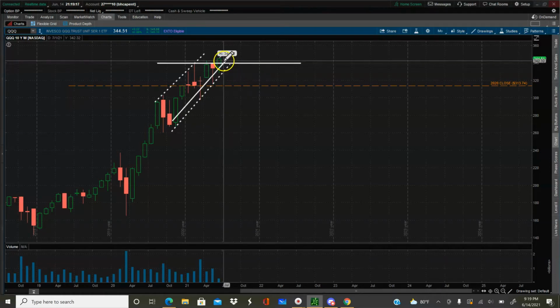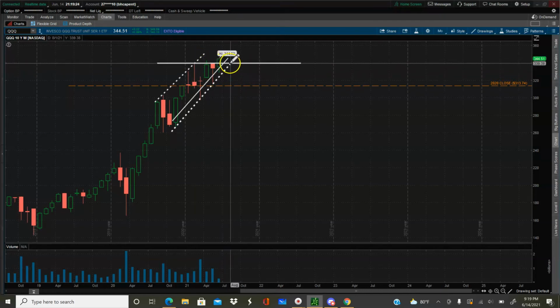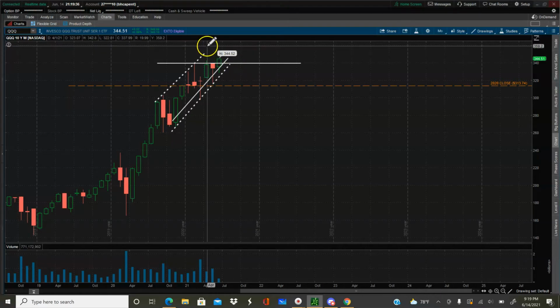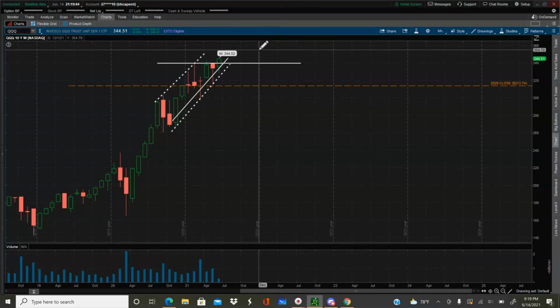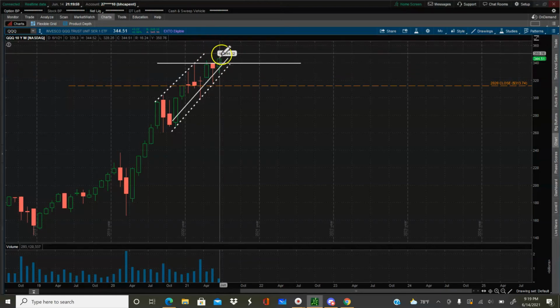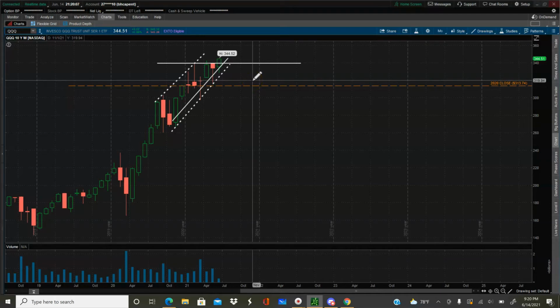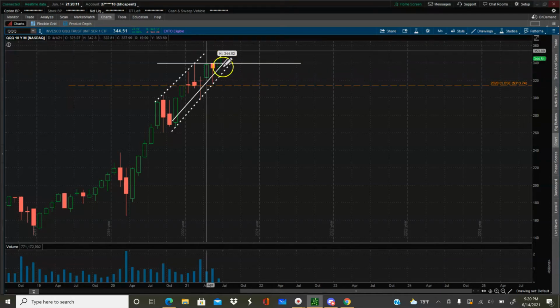Even with a break of this trend line, it's still within the overall pattern. So really the price would have to be below 340. Oh man, it would go above. Oh gosh, I can't even see because it's off the charts. It would have to be pretty high in order to break this to the upside, and I really doubt that would happen. And if it does, I think it would definitely retrace back inside this area, or maybe even break down. So any type of bullish move for the most part is probably going to retrace back in here,